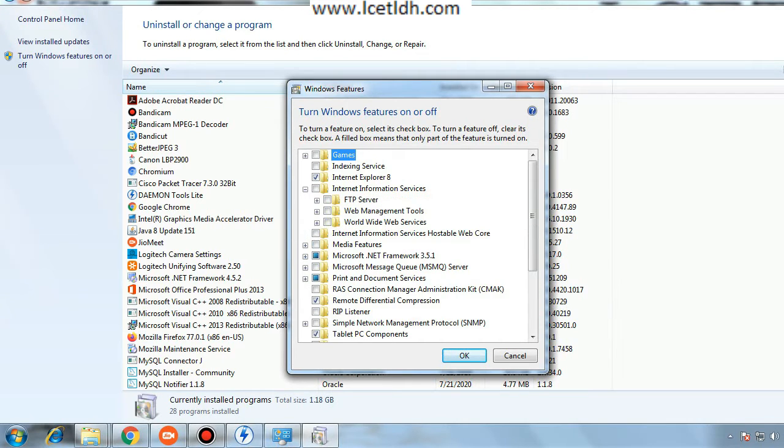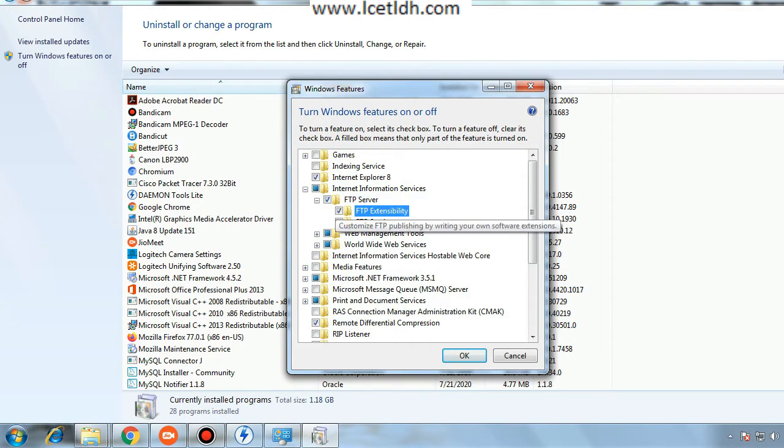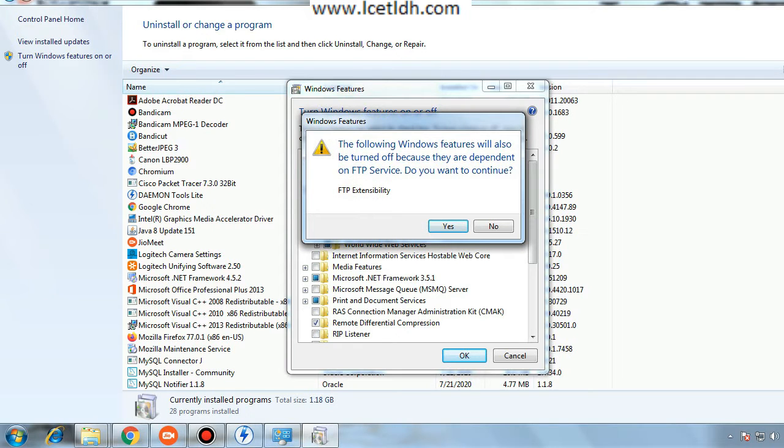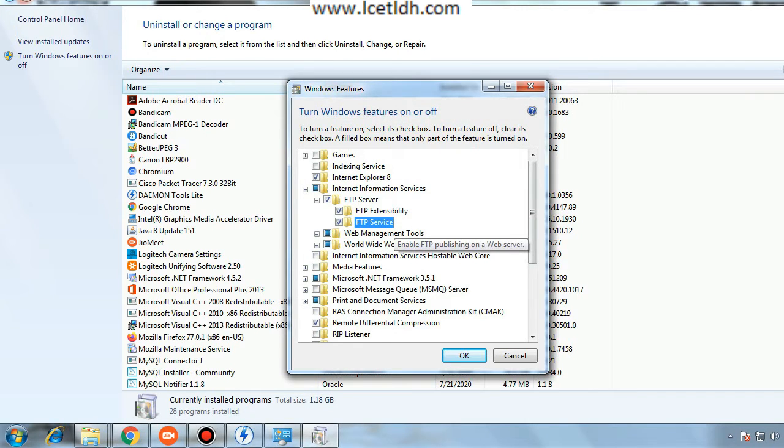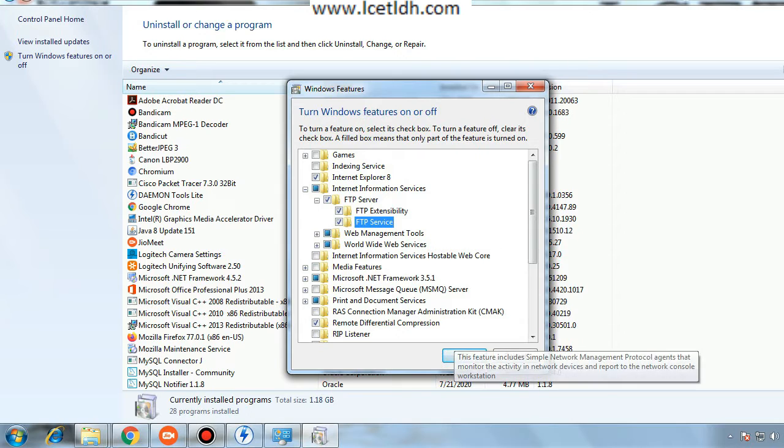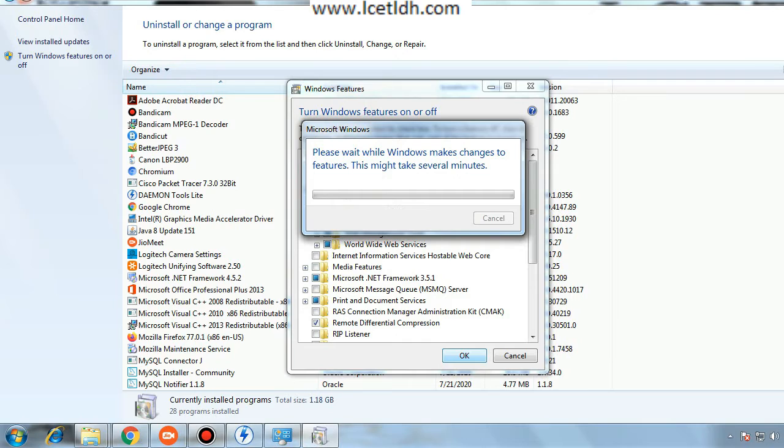First of all, click onto this plus button, then select all of the options under this FTP and select all other options under this FTP folder. Then you have to say no. Afterwards, after completing this work, you have to click onto this OK button. After clicking onto this OK button, you can see your processing will start. This process might take a few seconds, 5 to 7 seconds. In some systems it can even take more time, in some systems even less time. So we have to wait till this process is completed.